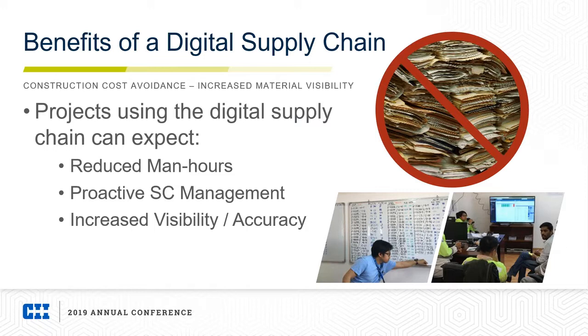Also, we have fewer discrepancies between system material locations and actual material locations, providing better and more accurate material visibility. And not listed as a bullet here, but shown in the pictures on the bottom right, is better reporting capabilities through a digital supply chain. So this is actually a one-for-one comparison of prior to a digital supply chain and Atlas Jovix implementation, and post